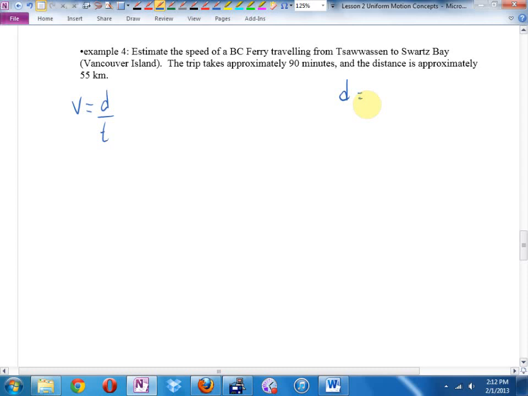How do you know that's the distance, by the way? Say it louder. One of the things I'm going to try and teach you, especially if you take Physics 11 or 12, is to memorize units. It cuts down on your thinking, because if you're looking for a distance, what you're really looking for is either meters or kilometers. Or if you're in the US, feet or miles. Here, meters or kilometers. 55 kilometers. Let's write that down.